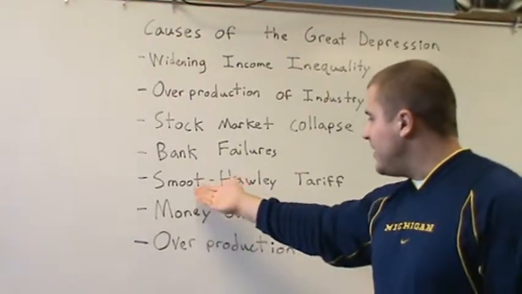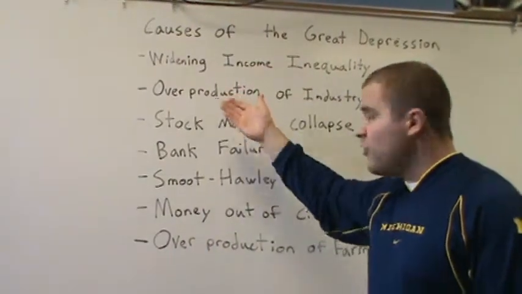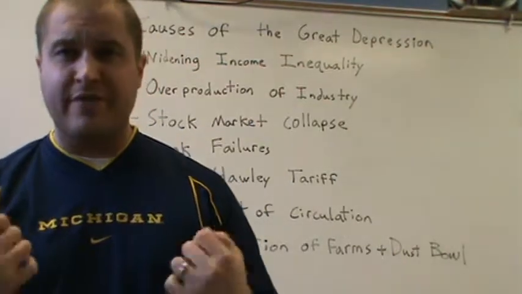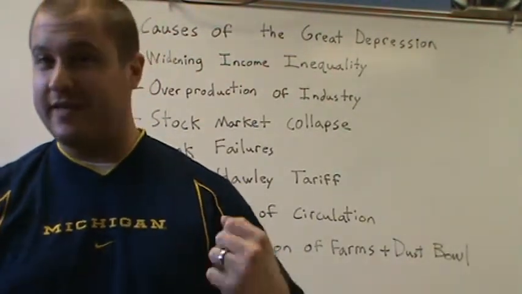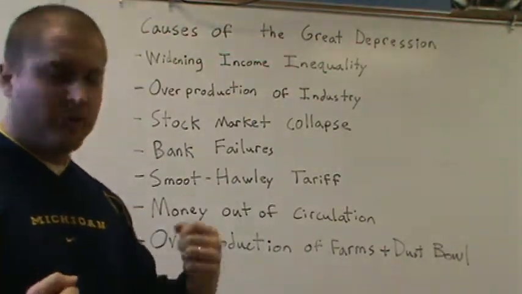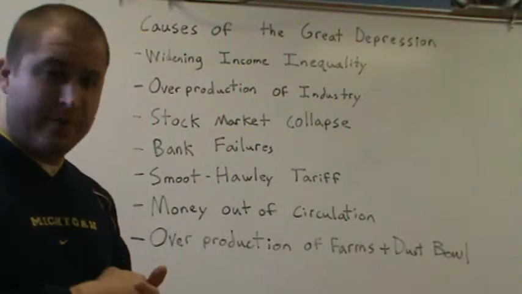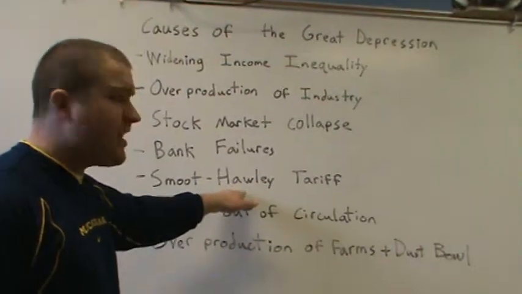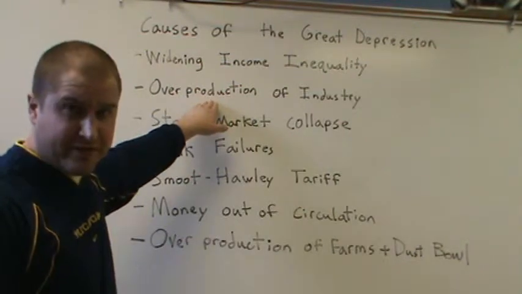For example, President Hoover looks and he says, well, we have a lot of overproduction. We want to sell more American goods. We're going to place a tariff on goods coming in from Europe. Europe was kind of like our China in some ways of the day back then. We bought a lot of cheap goods from Europe, and so we have that tariff, a tax on imported goods, goods coming from another country into America. And so he figured, we'll put the Smoot-Hawley tariff in place, a very high tax, so Americans will eat up the inventory of the overproduction from the 1920s.